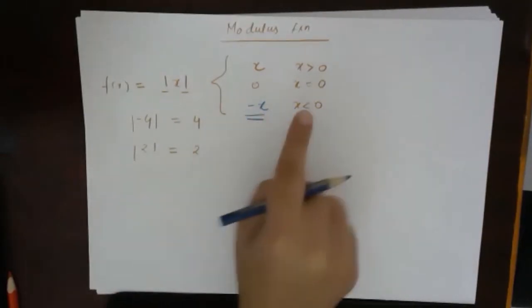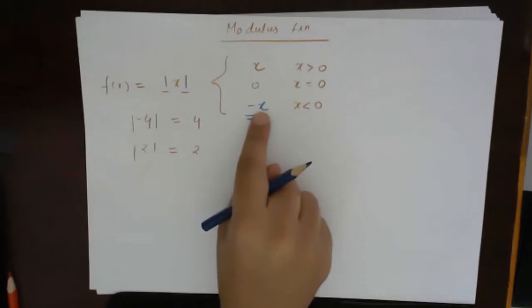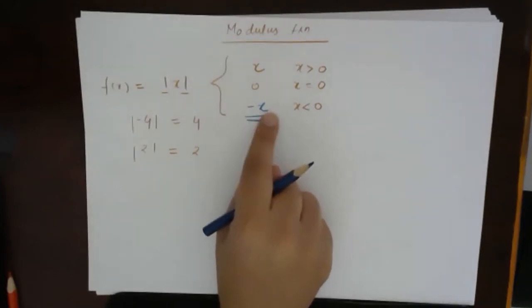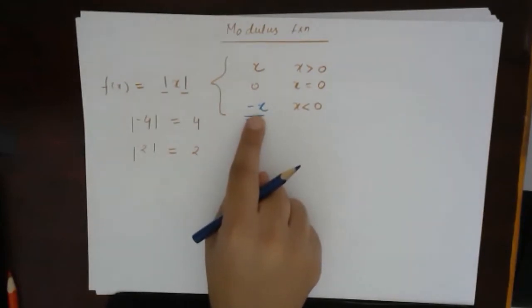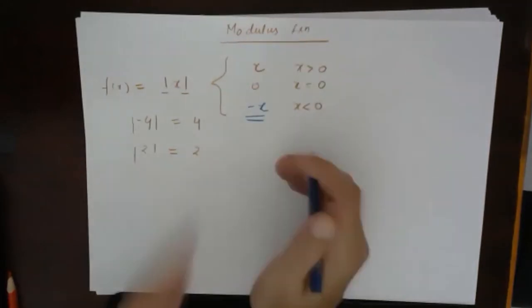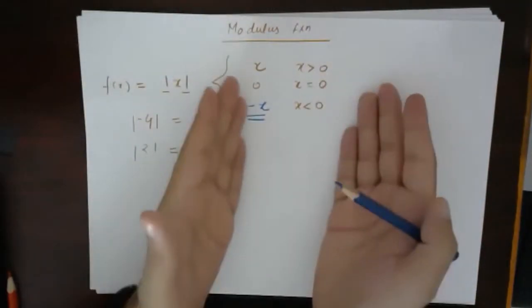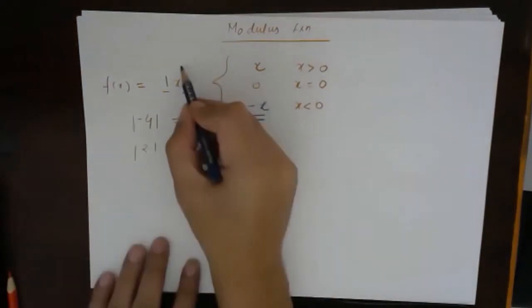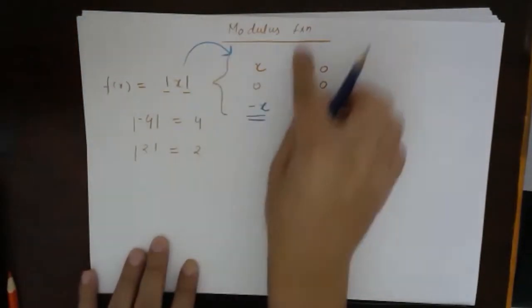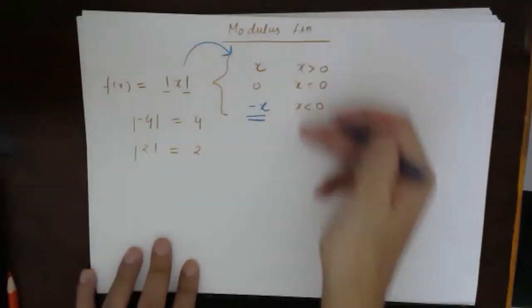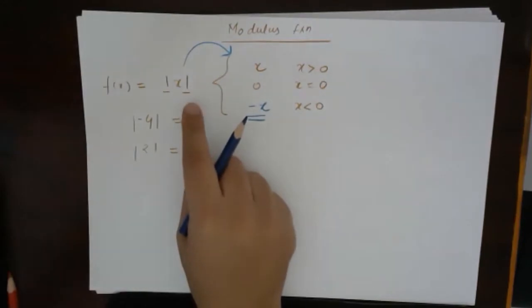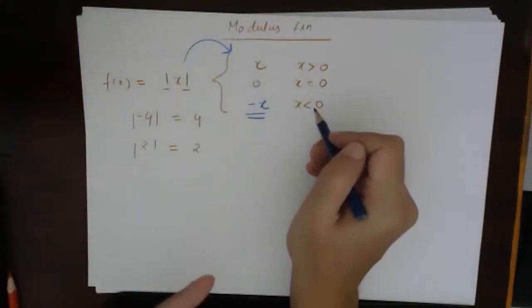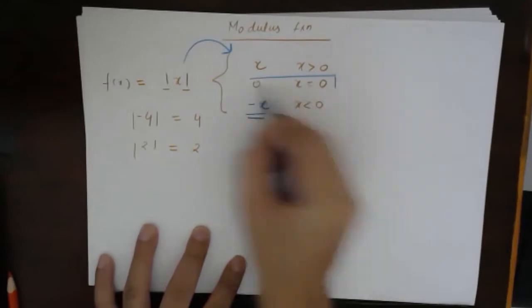So if you substitute -1 instead of x, what will it become? 1. If I substitute -2, it's -1 into -2, and minus into minus will become 2. Understood? So this is the output. This is how we will solve any question given in modulus. So from modulus, always try to convert the function into such a form and divide its domain into parts where it is 0. Now one more thing,